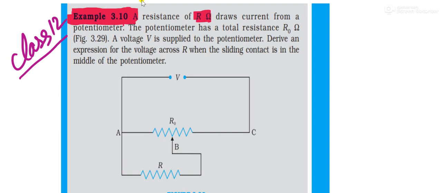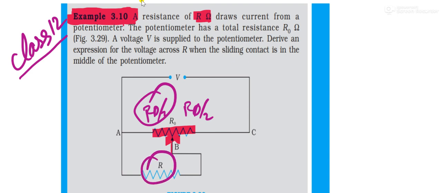R resistance from the potentiometer. So it is a potentiometer diagram. R naught resistance wire is connected exactly in between, at the center. This side is R naught by 2 and this side is R naught by 2. This R naught is parallel with R. They asked what is the voltage across R resistance. So that means they want the voltage across here.